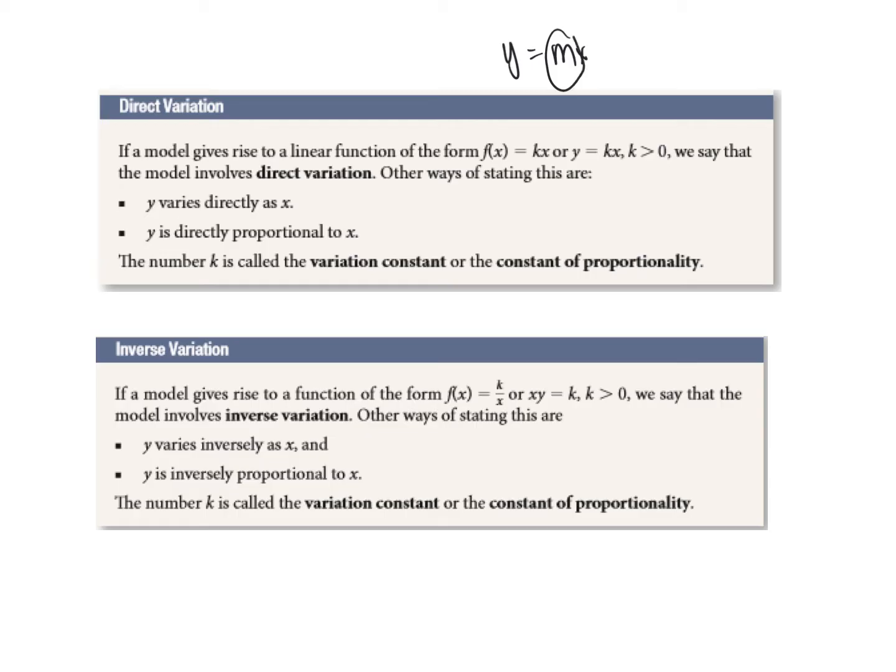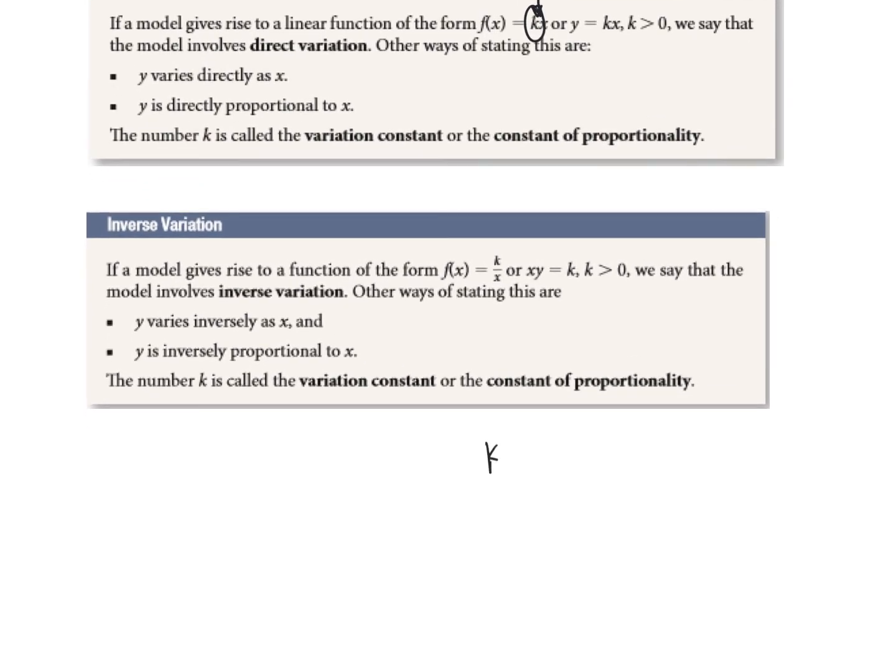Usually, instead of writing m, they use the variable k as its variation constant, but that's just a fancy way of saying slope. So if it varies directly, it is simply a straight line that goes through the origin. If you hear something says varies directly or varies proportionally, it just means it goes through the origin and has a slope. Now this one, inverse variation, is what happens if you have some constant and you're dividing by x,